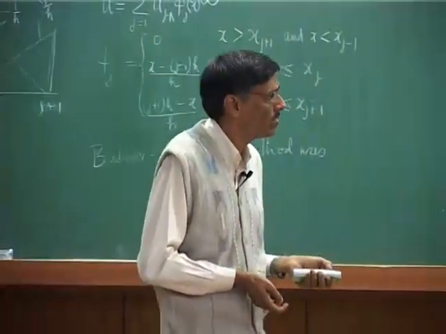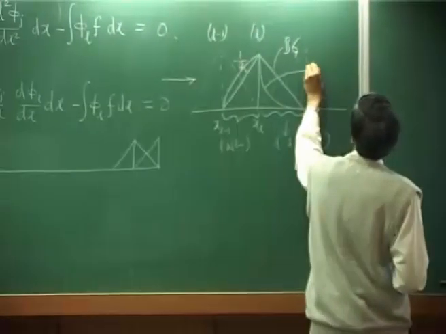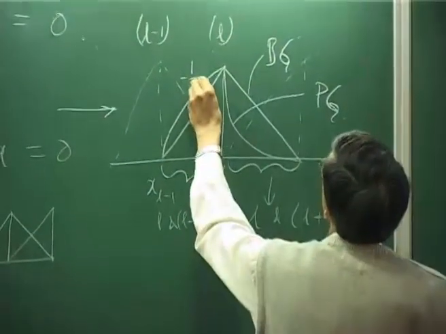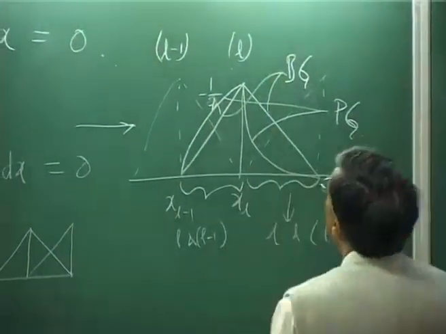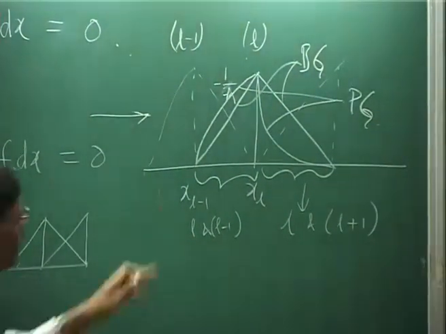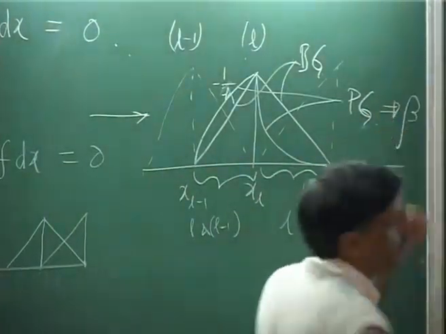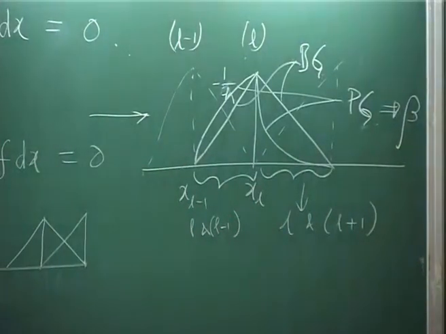And this was done, once again, by weather prediction people to begin with. They found out that there is another parameter that comes in that actually gives this bias. Okay. So, this is your Bubnov-Galerkin method, and this is your Petrov-Galerkin method. The biasing in the Petrov-Galerkin method comes through a parameter called beta, which is called the streamwise